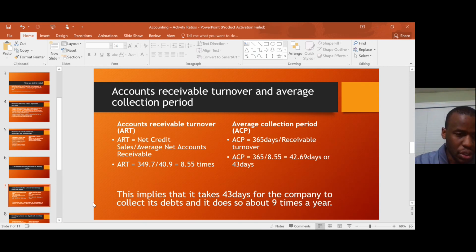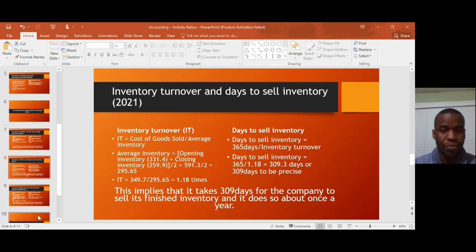So we moved on and calculated the inventory turnover and the days it took to sell the inventory. To do that, we got the cost of sales and divided that by the average inventory. It's very important for us to understand what the average inventory is. The average inventory is calculated by getting the opening inventory, adding it to the closing inventory, then dividing by 2 to give us the average inventory. So for this particular case, the cost of sales has already been mentioned, which was